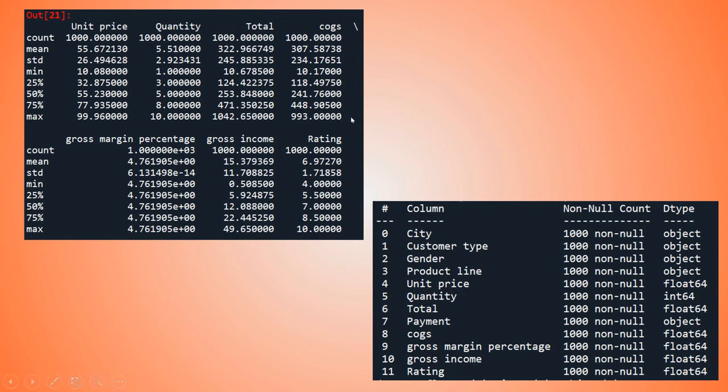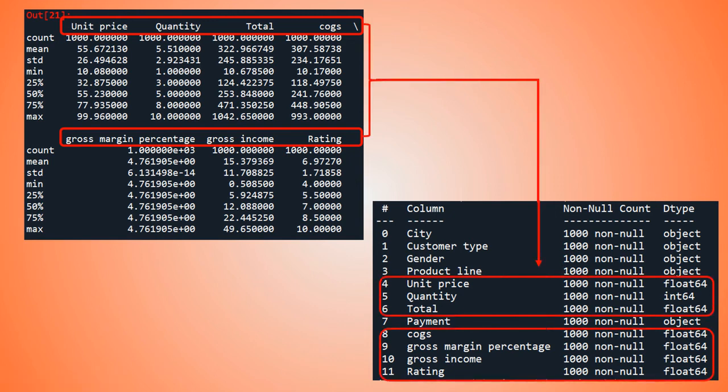Now, in this summary, the variables for which Python or Pandas gave us the summary are 7 in numbers. And let's have a look at their data type. So these are the variables for which we got the summary in describe function. And if you notice over here, these all 7 variables are of numeric data type, either float or integer.